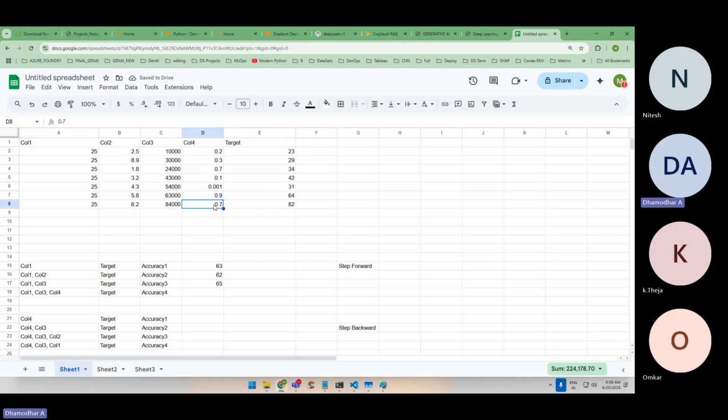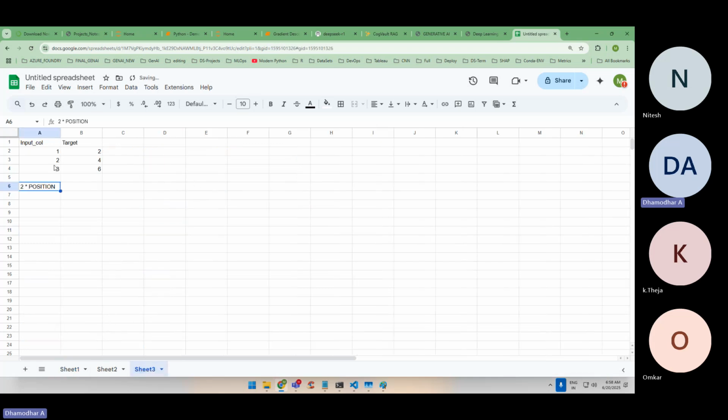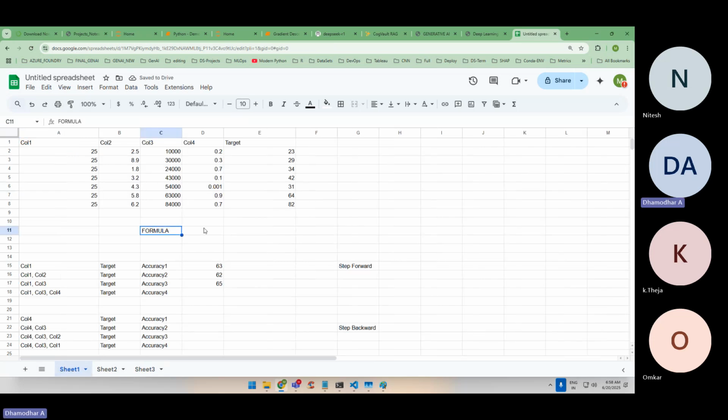Have this many input columns. We have somewhere around 4 input columns. And we already got the target value, something that we have to predict, so to find out the pattern in the data. So based on this, we need to come up with some formula, something that makes it very complex. If we have a simple set of data like this, we can manually do that. Whereas this one requires